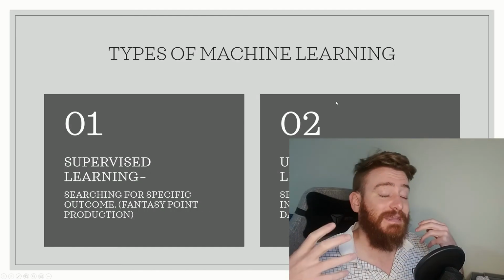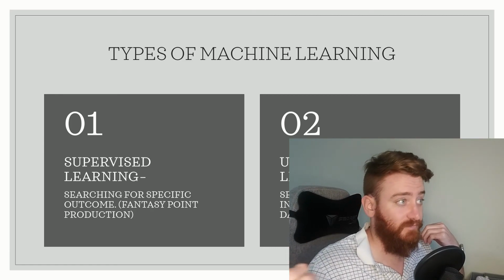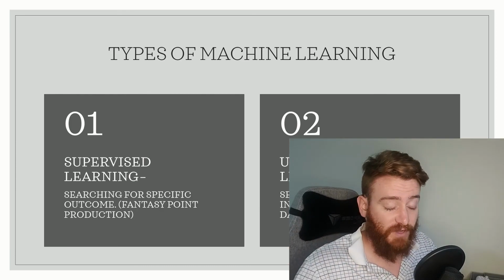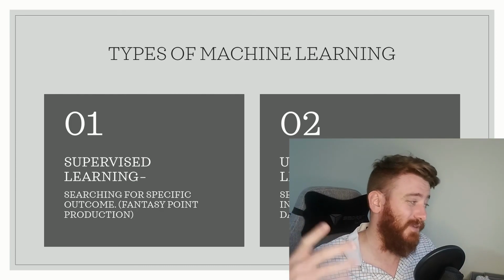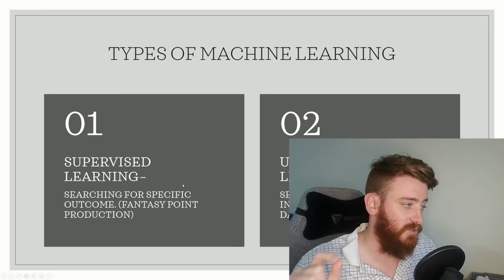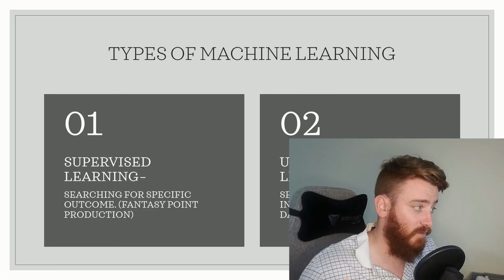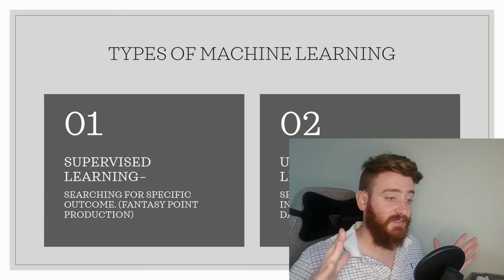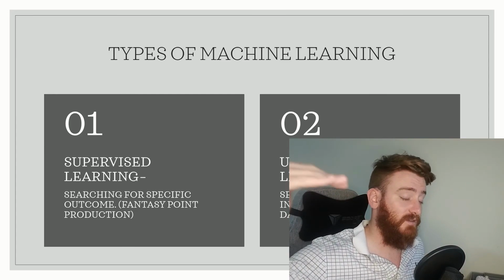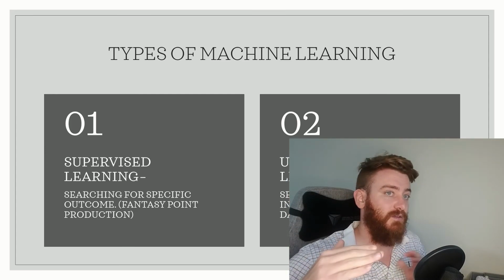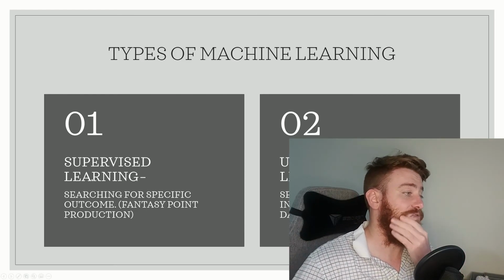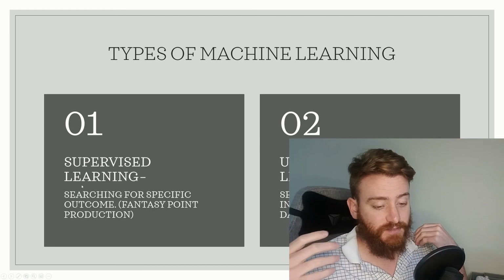So within each of those data types, you're going to have different types of machine learning to use. Supervised learning and unsupervised learning are really the only two main distinctions there. Supervised learning is when you're searching for a specific outcome, i.e. fantasy point production. What that means is you have a data set with the answer, essentially, and you're trying to predict that same answer for new input that we don't have an answer for yet. So what you'll get there is just like all our box scores,